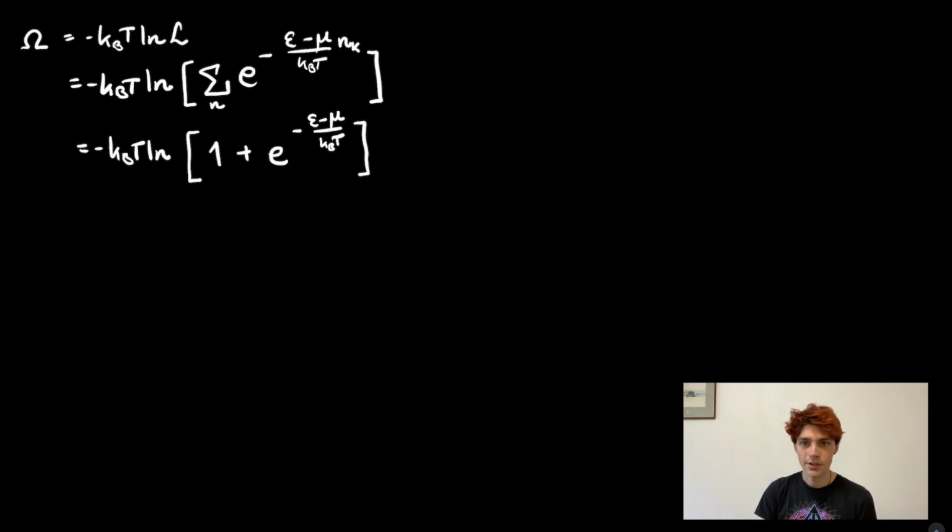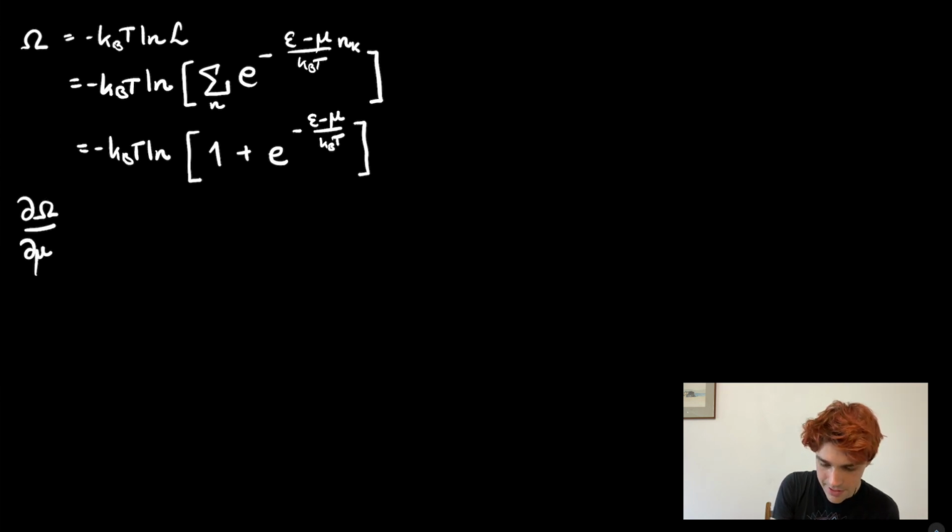So now what we're going to try and do is get, from the magic box relations that I talked about in a previous video, the average occupancy of a state. And to get this, we actually differentiate the Landau potential with respect to the chemical potential. The chemical potential, if we remember, we kind of see as the capability for new particles to either flow in or flow out.